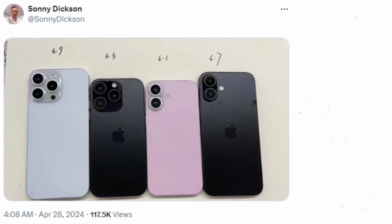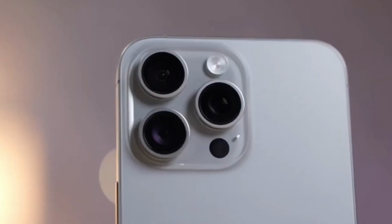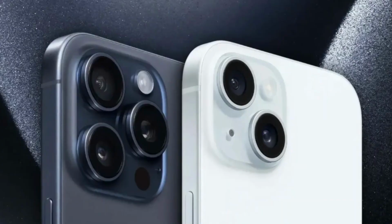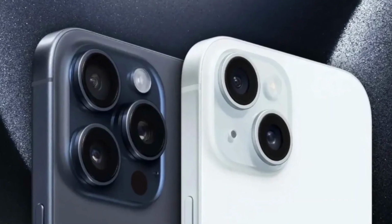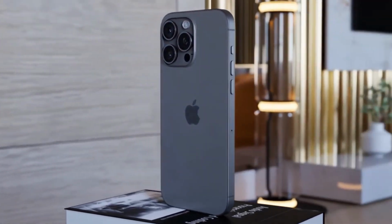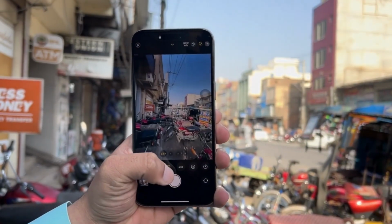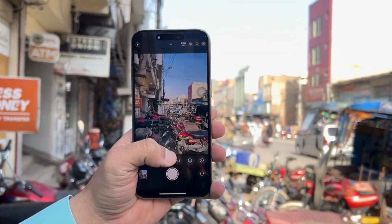Now let's break down what this could mean. Before these case leaks, there was already speculation that Apple would narrow the gap between the Pro and Pro Max models. Specifically, many believe the iPhone 16 Pro would get the 5x telephoto lens currently exclusive to the iPhone 15 Pro Max. With these new leaks, it seems this speculation might be spot on. The larger camera cutout on the iPhone 16 Pro case aligns perfectly with the size needed for a 5x